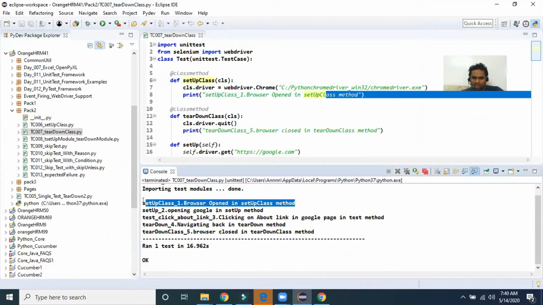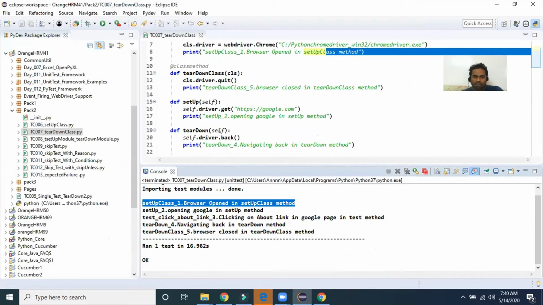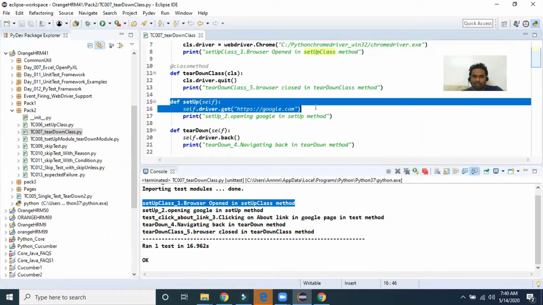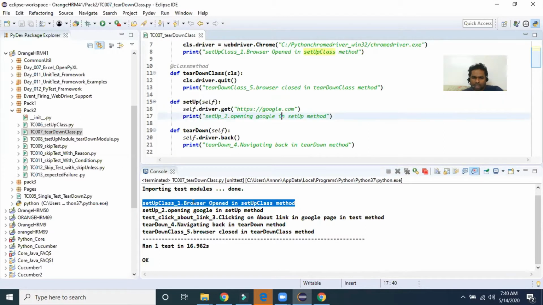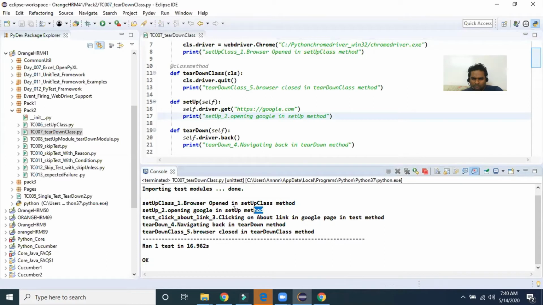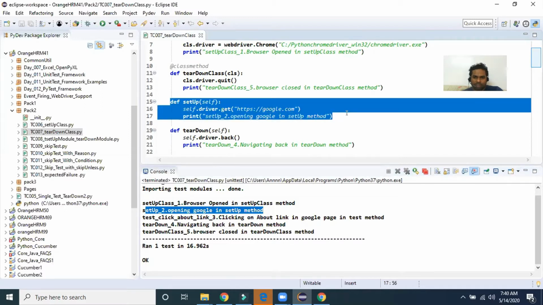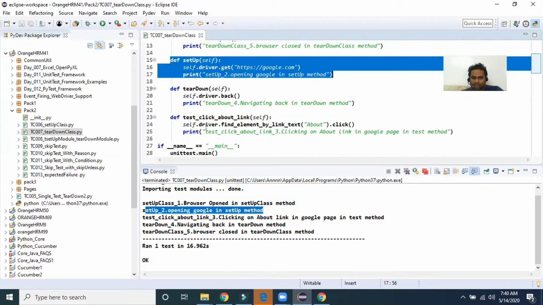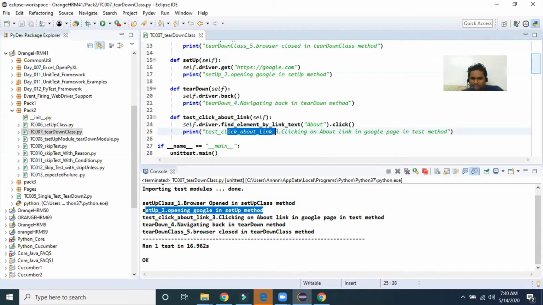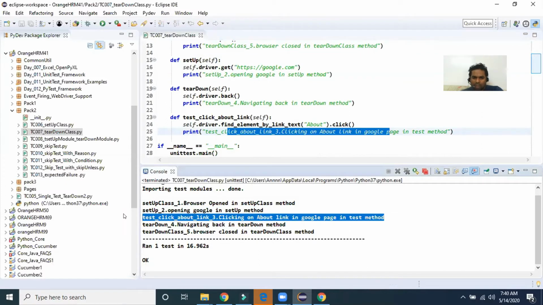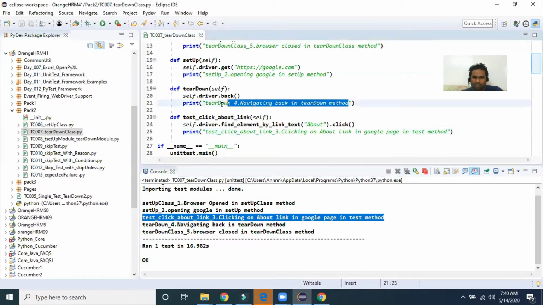After that, it executes the setup method before your test: setup to open Chrome browser, opening Google in setup method was executed. After that my test will be executed, test click, and then this part is executed. And after that, once the test method is executed, immediately your tear down method will be executed.